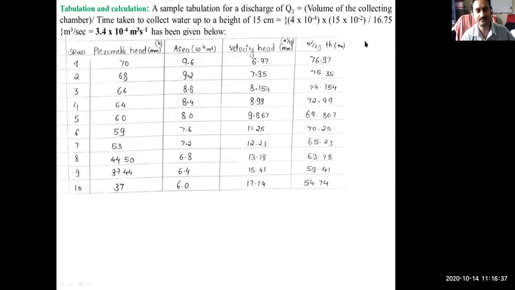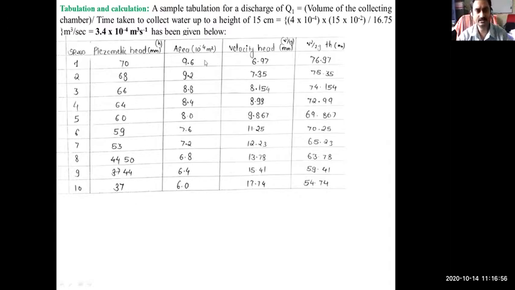I'll just share the data with you. I've taken it from one of the records of the seniors. You can see serial numbers 1 to 10. There are 4 more readings which I have not shown. As there are a total of 14 piezometers, there will be 14 readings. I've shown up to 10. These are the piezometric heads, the h I was talking about. This is the height of the meniscus of the water level in the piezometers, and that indicates the pressure head.